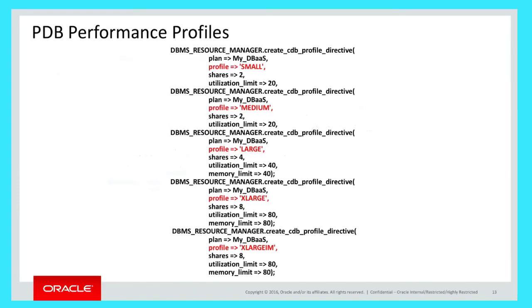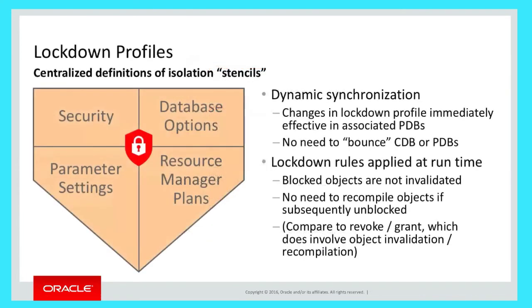So we've defined a profile directive for each of the PDB shapes, for each of the PDB sizes, right? Small, medium, and large. But as I said, that alone will not be enough because we need to control the SGA PGA allocation, the number of sessions, and the CPU count. So we implement lockdown profiles, which allows us to define a profile for a particular PDB shape in terms of these four